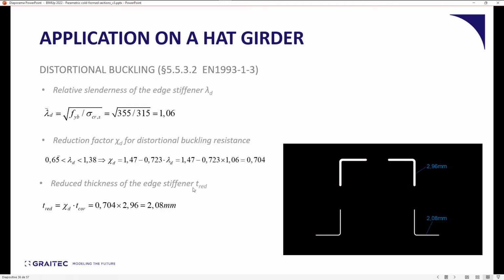You see, with all that, we go from almost 3 millimeters thickness down to 2.08 millimeters. So we are losing an entire millimeter there. So it's significant, and that is why